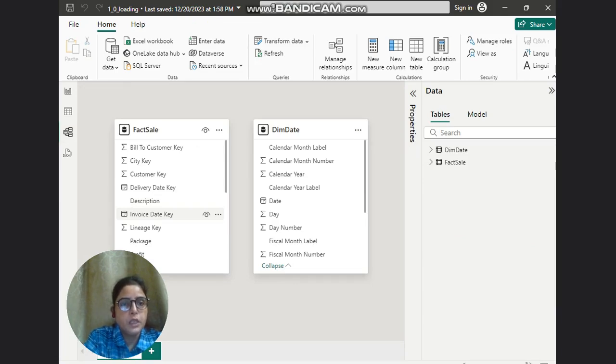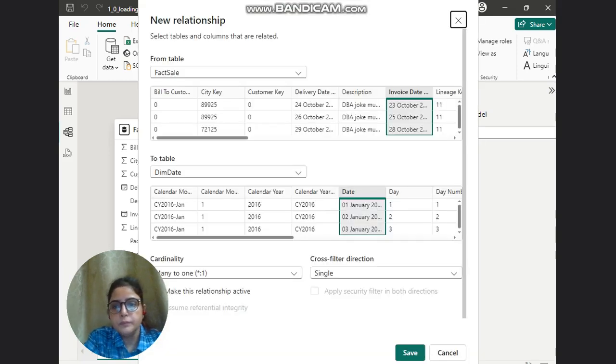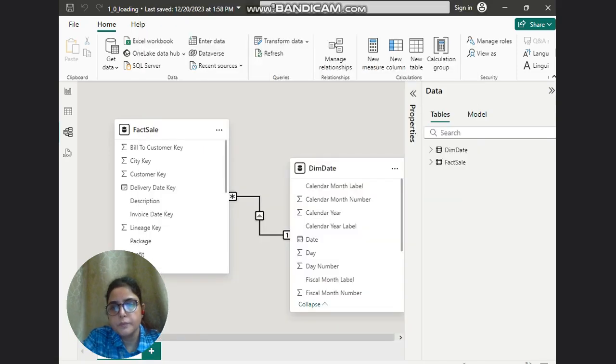Invoice date key to dim date. So you can see the relation has been created. Now what is the next instruction?